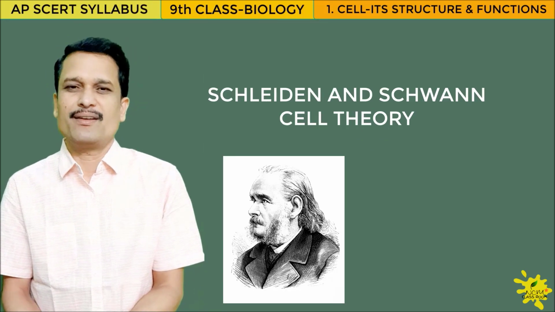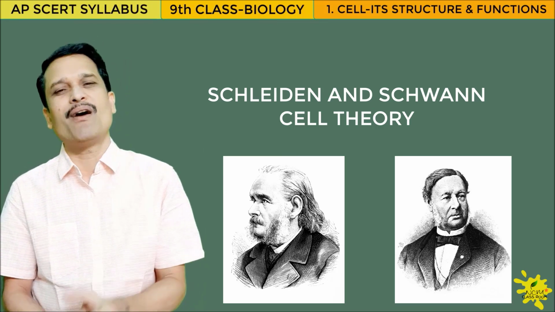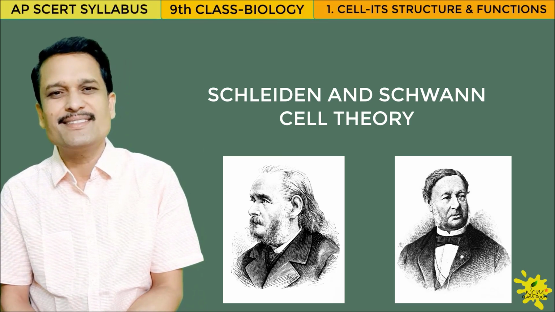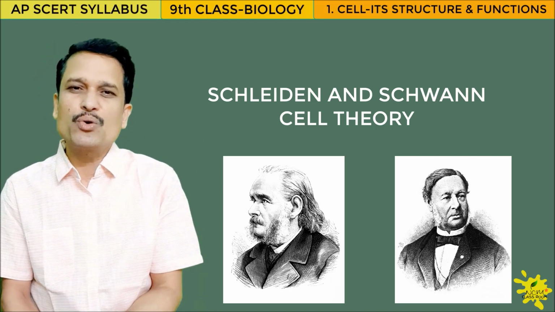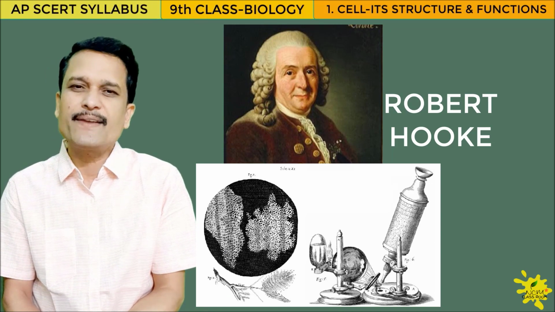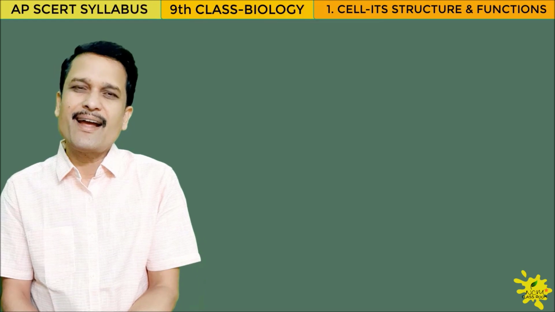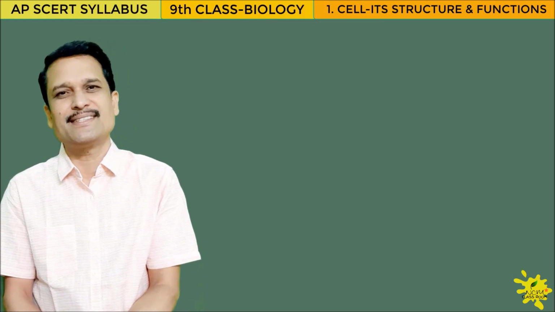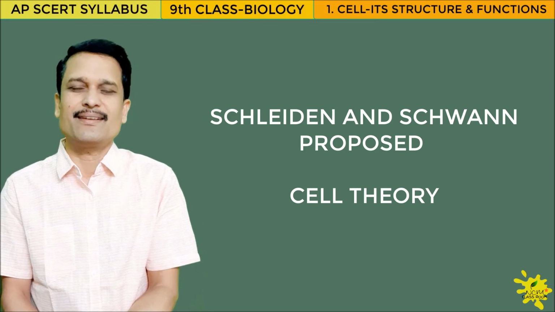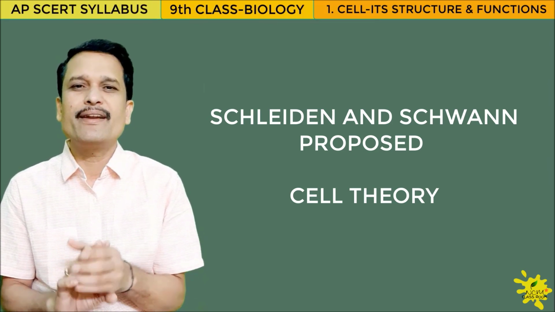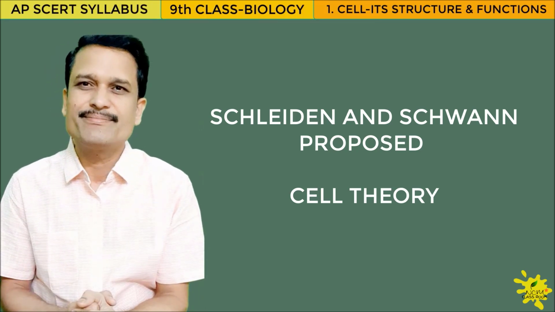Schleiden and Schwann were the first to claim a theory which was applicable to all living organisms. The theory is called cell theory. About 200 years after Robert Hooke's experiments in discovering the cell, Matthias Jakob Schleiden and Theodor Schwann proposed this cell theory. They together formulated it. This theory, however, did not explain how the new cells were formed.